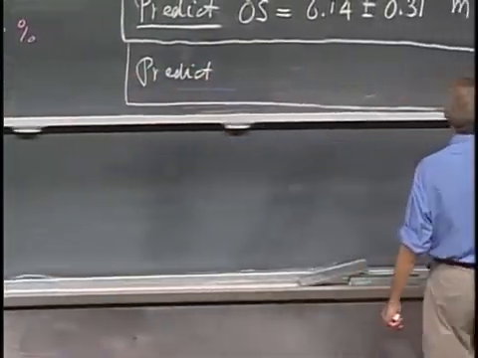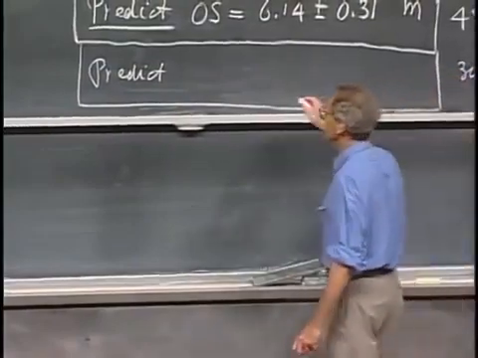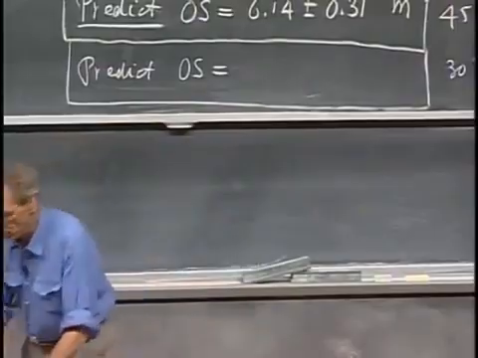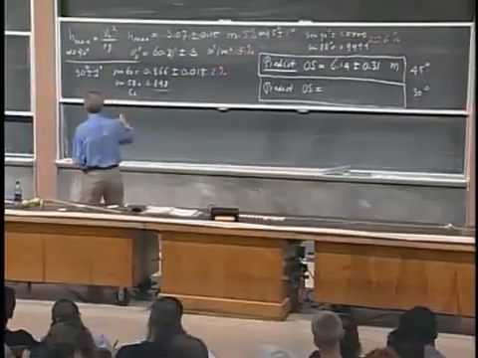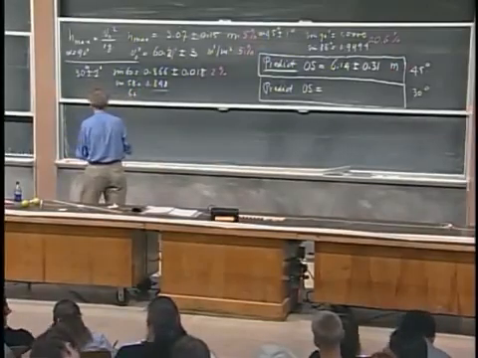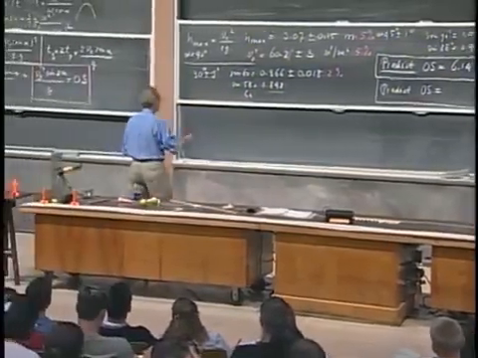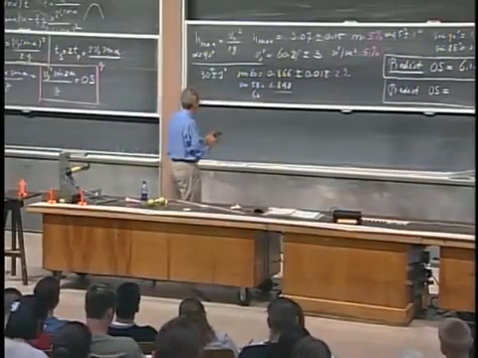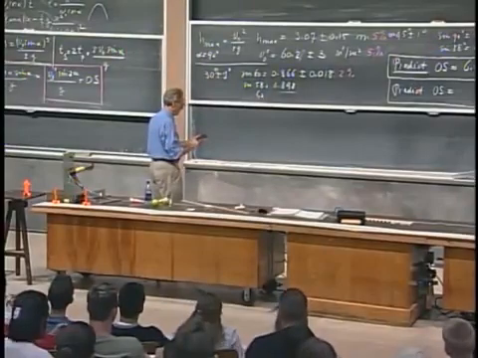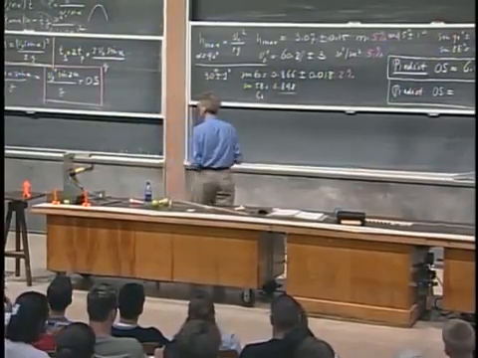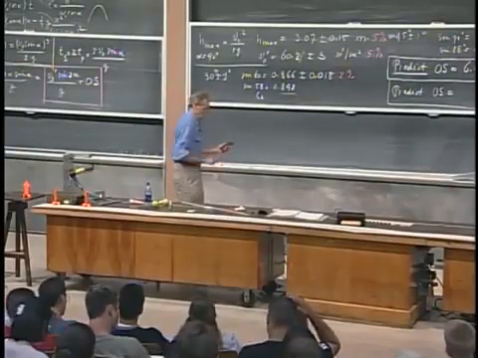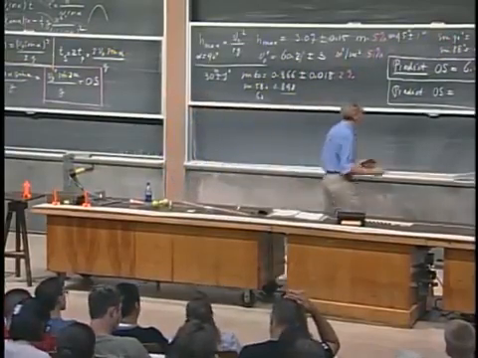OS, now for 30 degrees. So I have to go through V0 squared, I have that, 60.2. And then I have to multiply by the sine of 2 alpha. That is the sine of 60. Multiply. And then I think I have to divide by g, that is right, 9.8. And I find 5.31